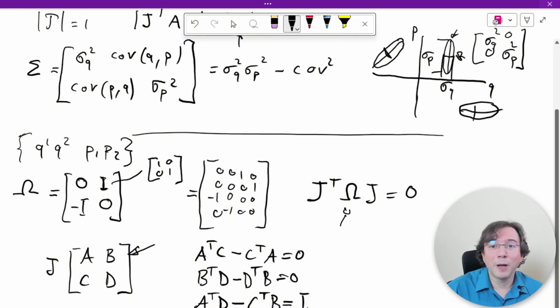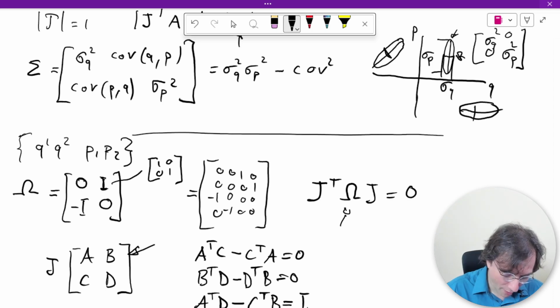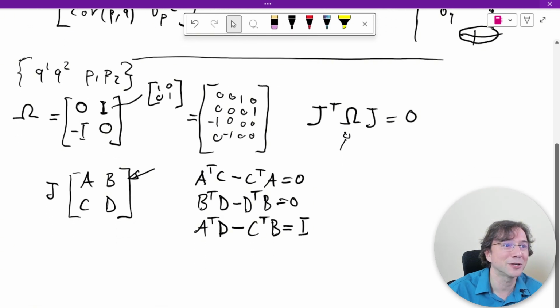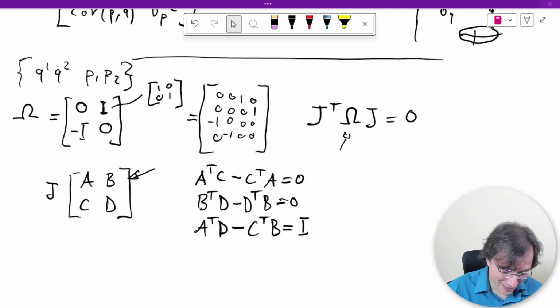I don't know about you, but these equations don't tell me absolutely anything about what's going on. But in principle, these are the constraints that you get. The elements of the symplectic group are those and only those that satisfy these equations. And what I really need to understand is what this means. What do these constraints mean, if anything, for how the